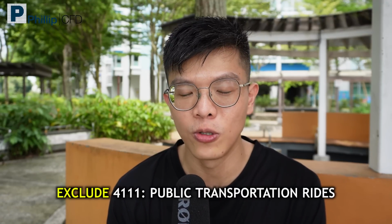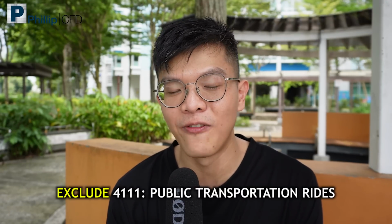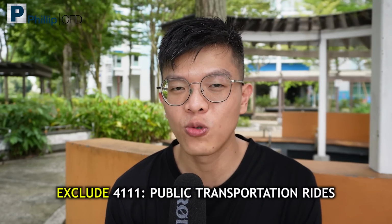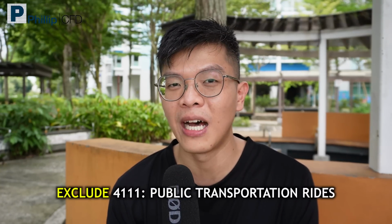Now for transportation, very important, it does not include your Simply Go bus and MRT rides because the MCC is 4111, okay? Only 4121 and other kinds of private transport are eligible. So really, you see, HSBC Revolution Visa is really one of the most versatile cards because the 10x points can